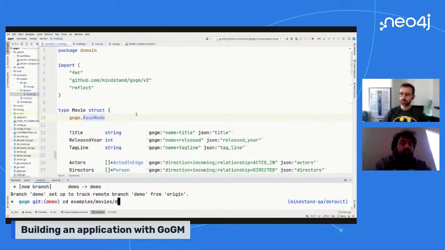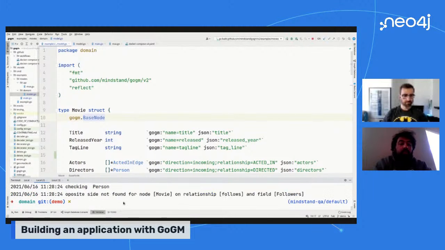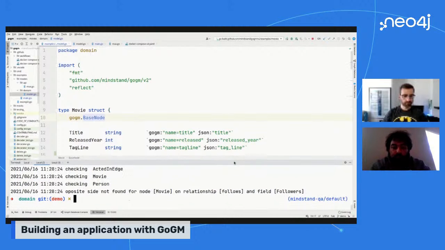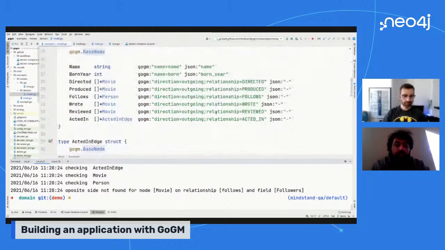If we go to here, we just call gogem generate and then the current directory. And it'll yell at you if you miss defining something.